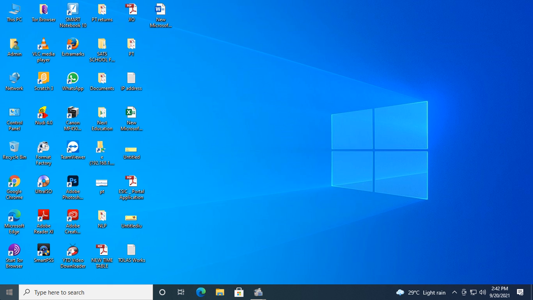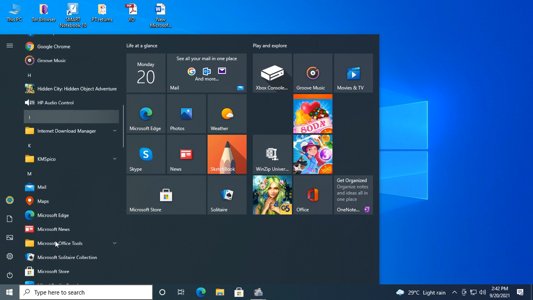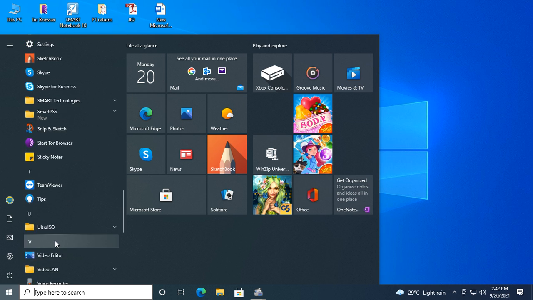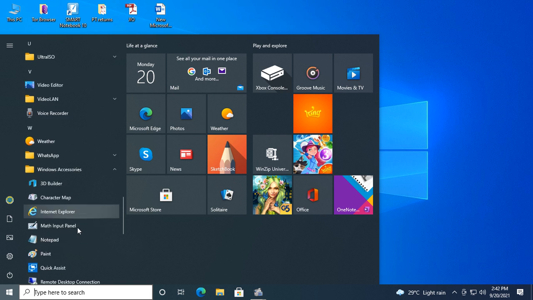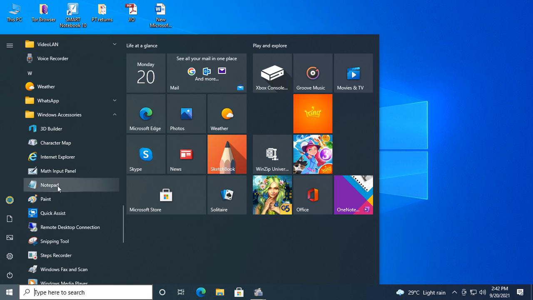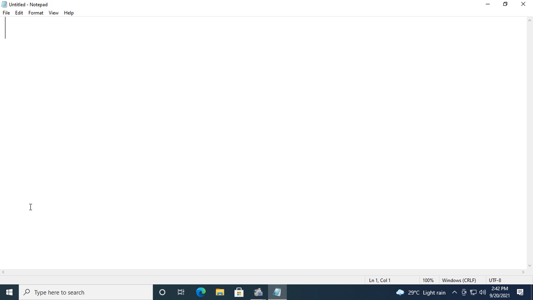Place the mouse pointer on the start button, then scroll the menu to the programs. From this you have to select Windows accessories, and from Windows accessories select Notepad. When you click Notepad, this is the program which appears on the screen.